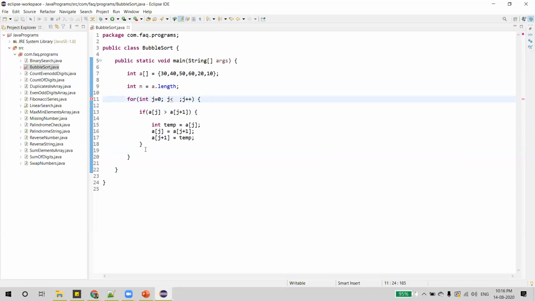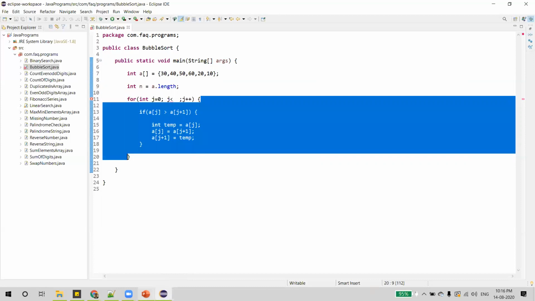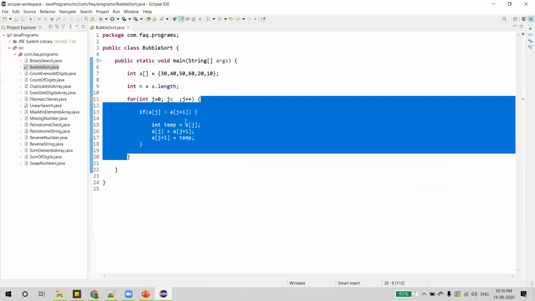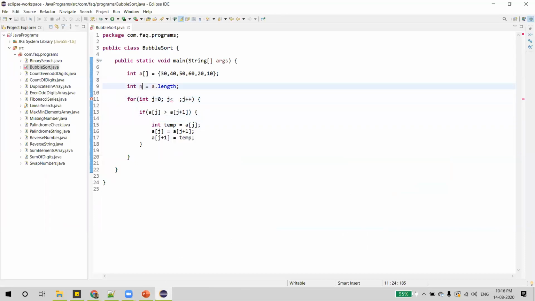And how many times did we want to do this? If you observe in this example, in the first pass, even though there are 6 elements, we actually picked up elements only till the fifth element, and we left the sixth element, as there are no more elements to compare the sixth element with. So we had only picked up 5 elements, even though we have 6 elements in the array. So for that, it has to be the length of the array minus 1. So let's write it here.